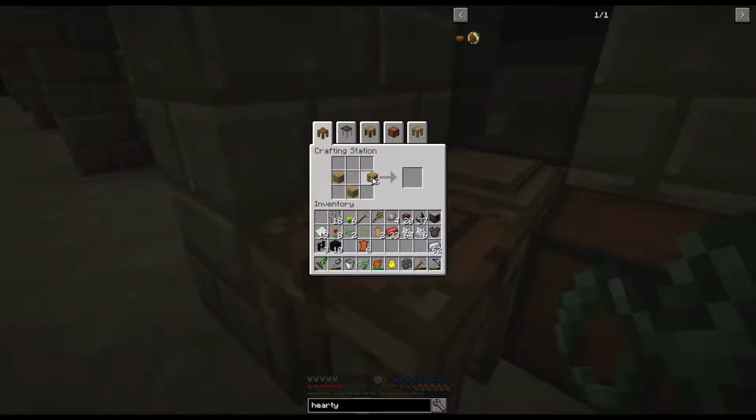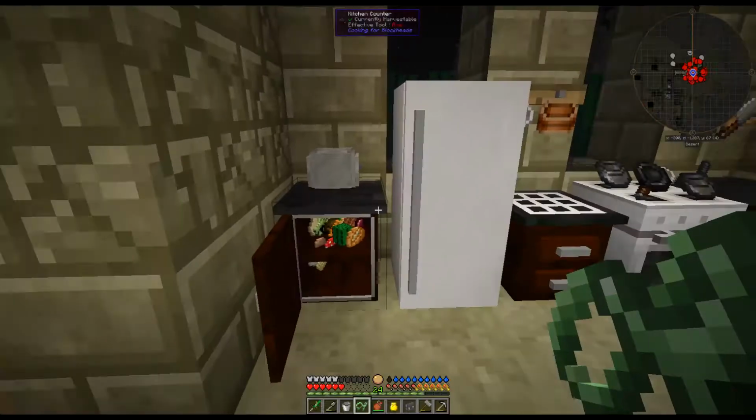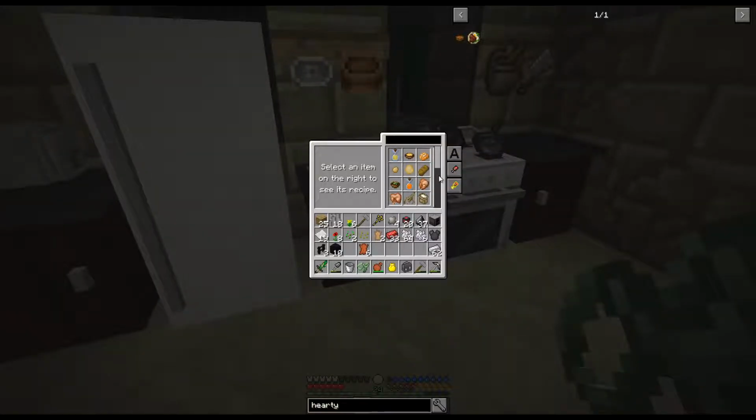Okay, let's go ahead and put this down. We'll get 4 more bowls. Throw those inside there. And then let's make this meaty stew. Hearty stew. But it's still not there. Huh. And they're definitely sorted by name, so...